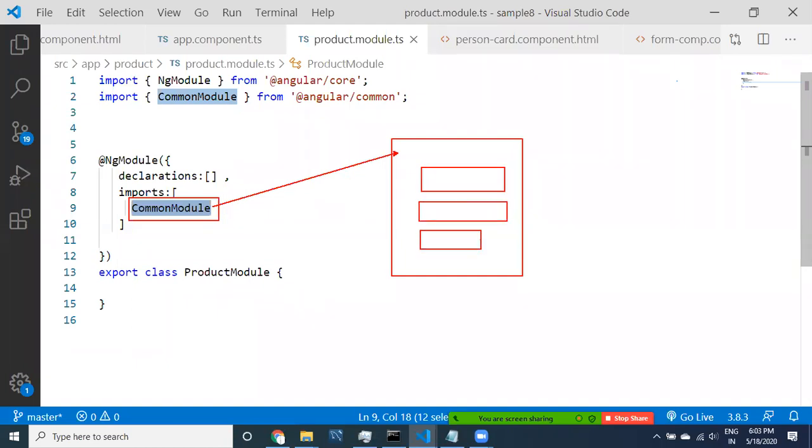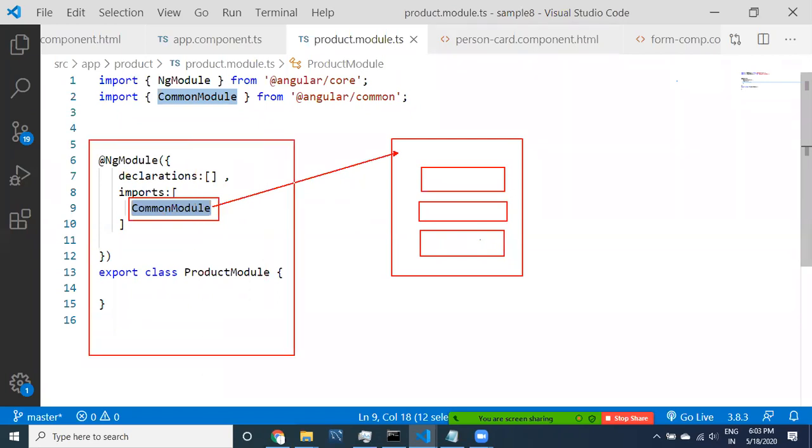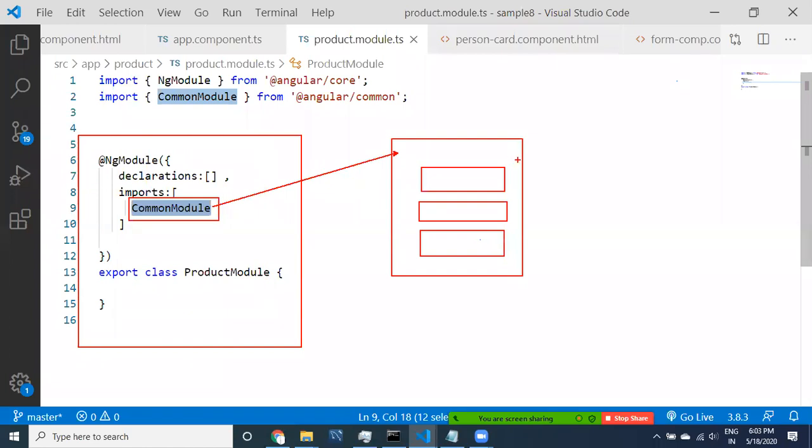Assume we have 3 components. Which components can be used in this product module? Only the components which are declared as exported. We have to import it, and this module has to give permission to export.